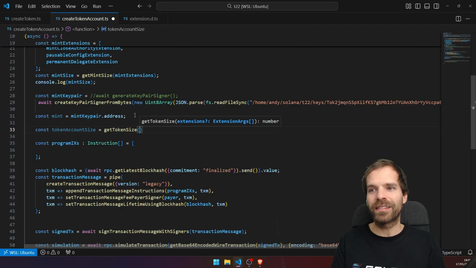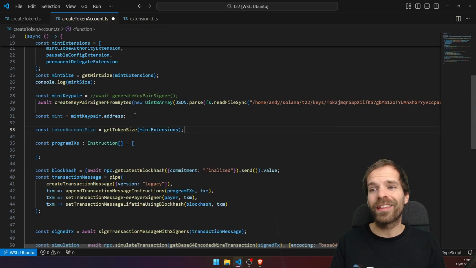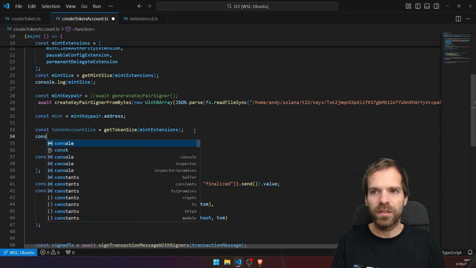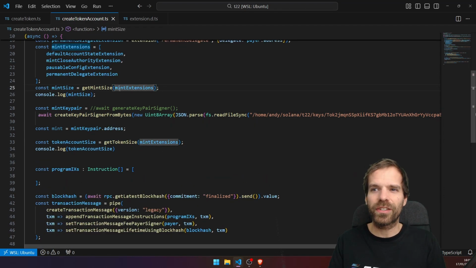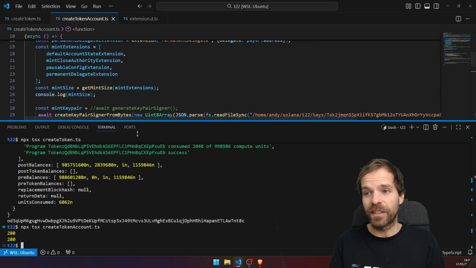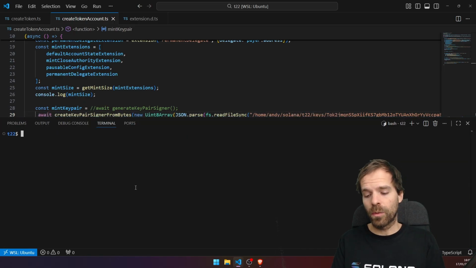getTokenSize that again needs extensions. But if I put the mint extensions here, then guess what? That will not give me the right size. I mean, I don't think so. Let's try. If I put the same extensions, I'm expecting it to give me the same size. Let's see. Yep, gives me the same size. Obviously, that's not what I want, because what I actually want, let's see if I were to do it with